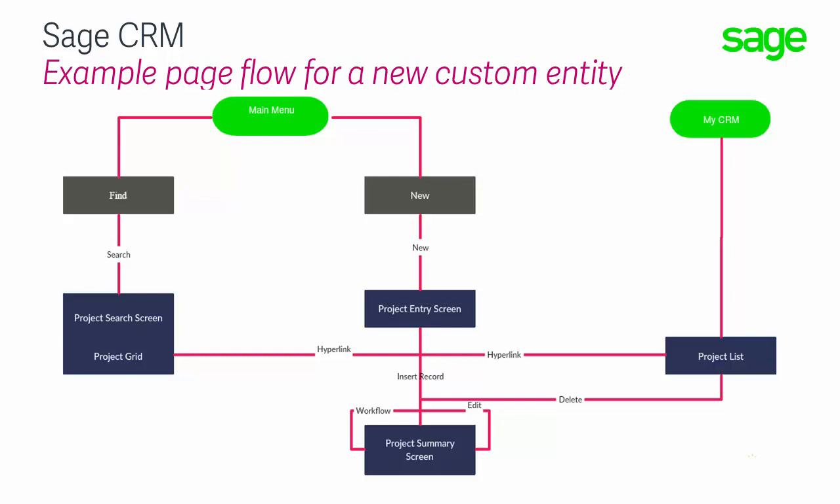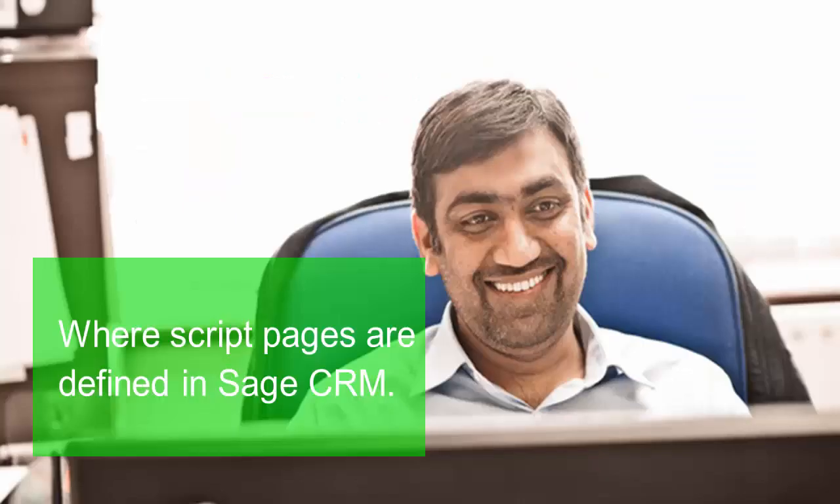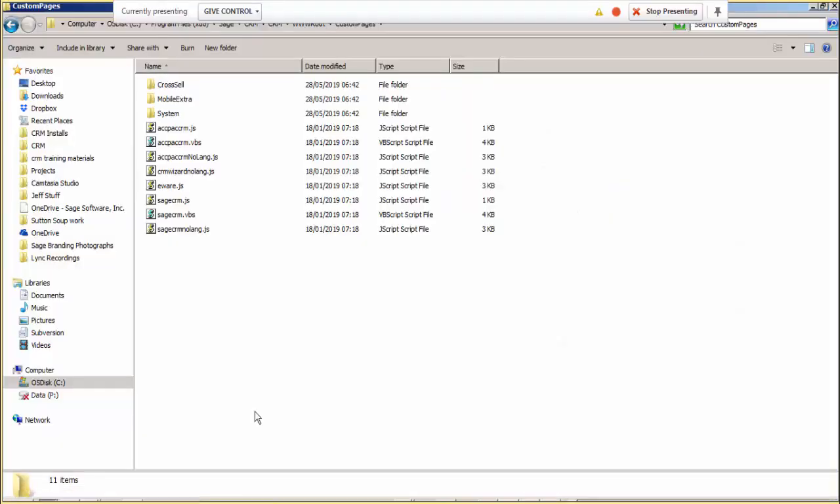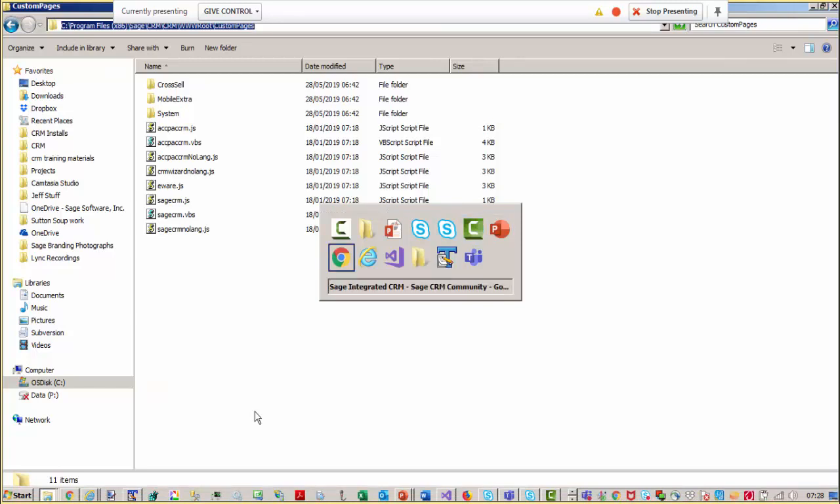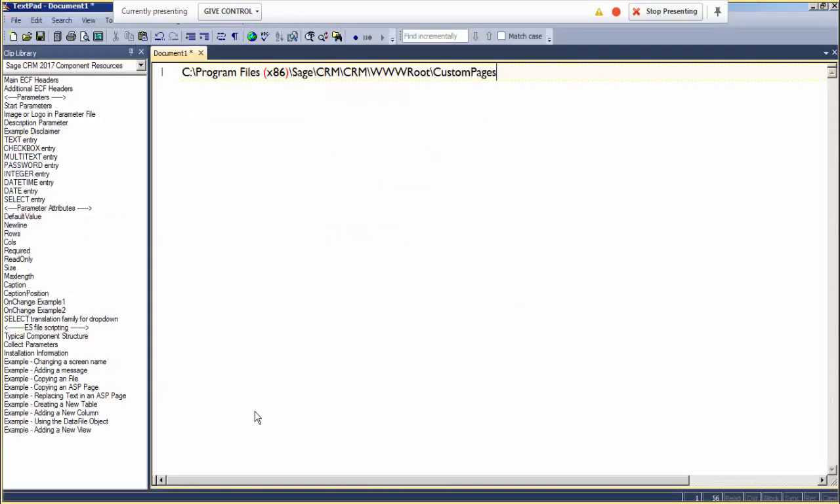So we're going to look at where the script pages are actually defined. This is where I'm going to switch into my install of CRM. Here you can see that I've dropped down into my Windows Explorer, and you can see that I'm looking at the folder location, and let's just look at that folder location for you. I'm going to use a little textpad file here, drop that in,